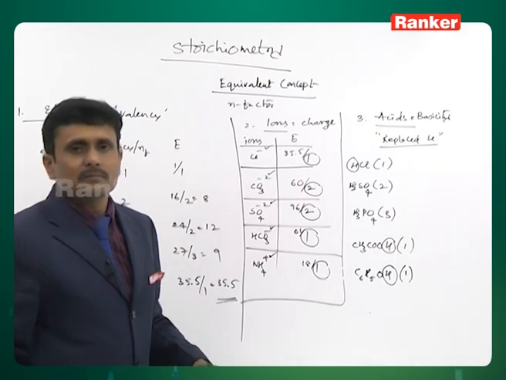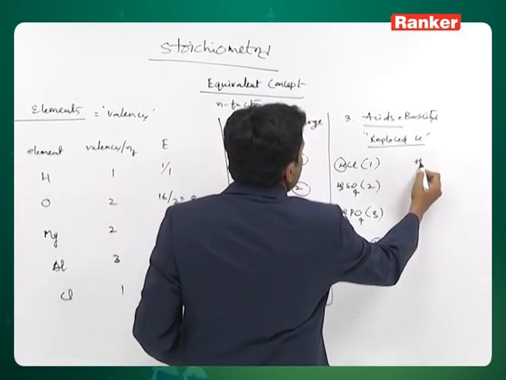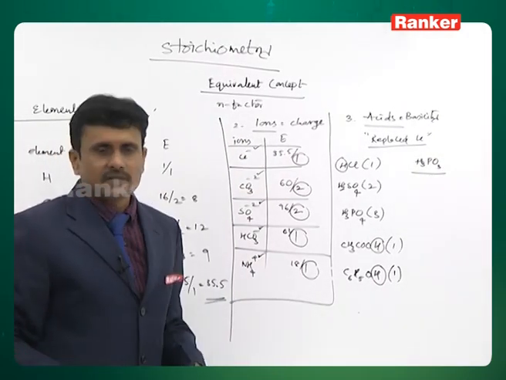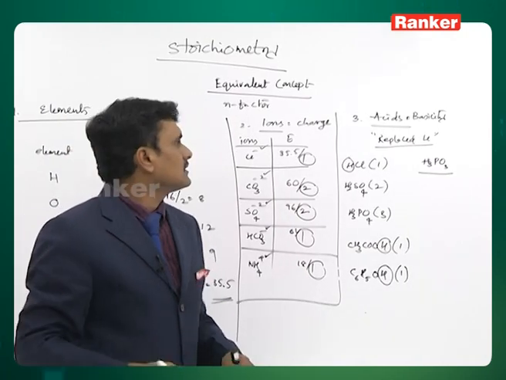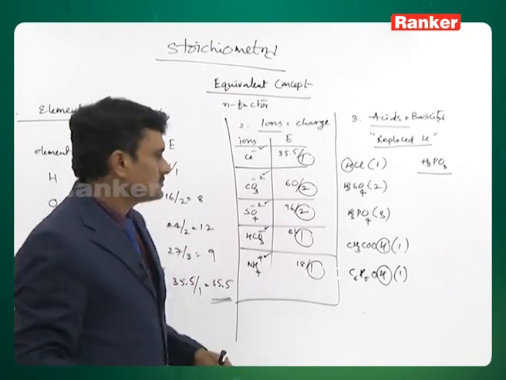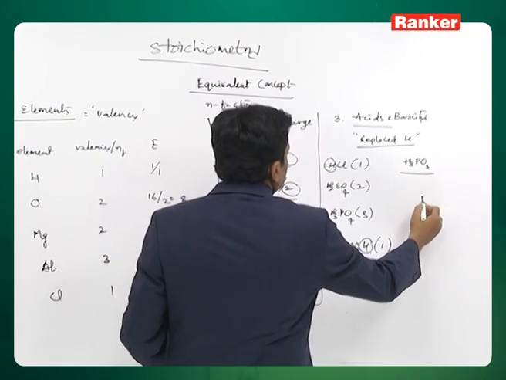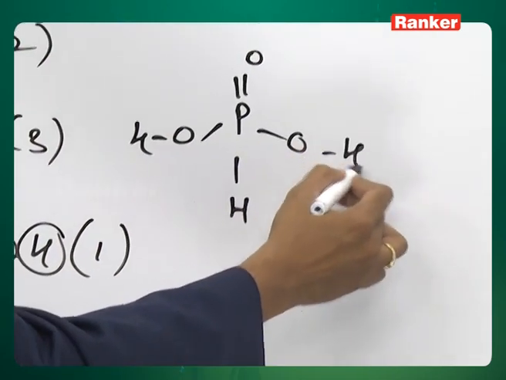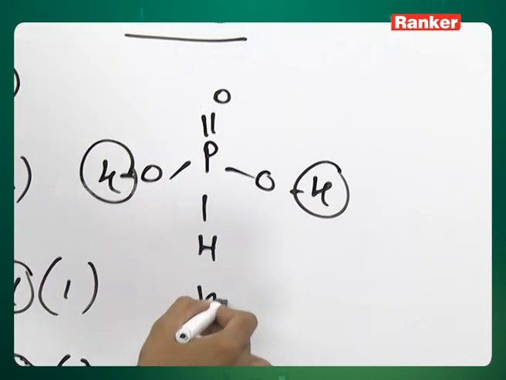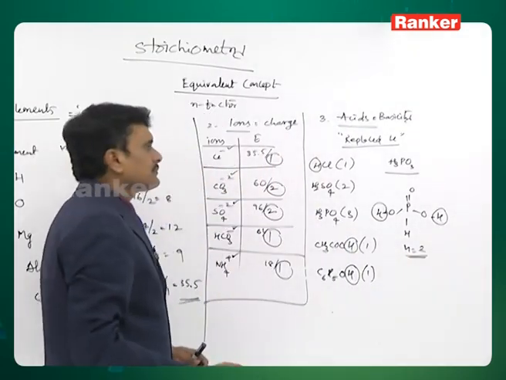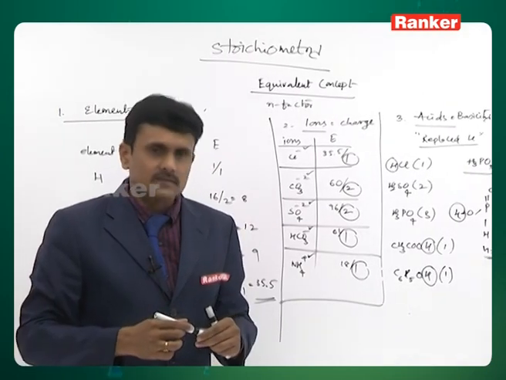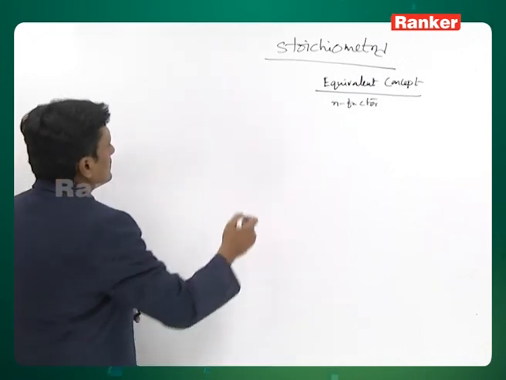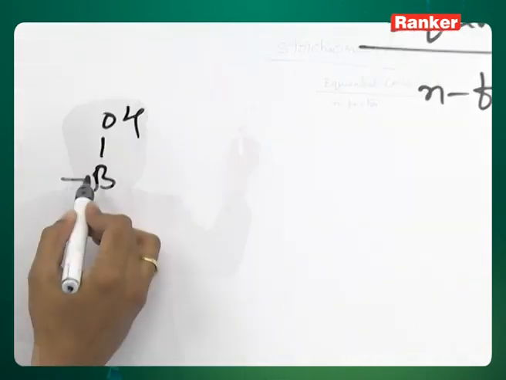Now there are some complex examples like H3PO3. Although it appears to have 3 hydrogen atoms, we have to understand that replaceable hydrogens are only 2, because one such hydrogen is attached to the phosphorus, which cannot be removed, being a less electronegative element. So the maximum n factor possible for this orthophosphorus acid is 2. Now there are some peculiar cases like orthoboric acid,